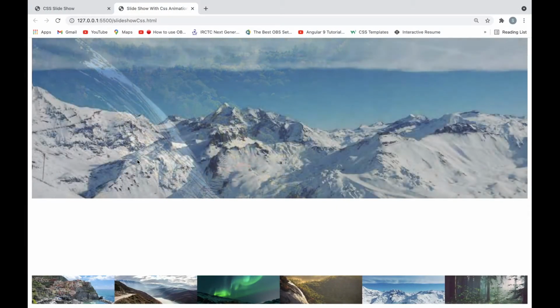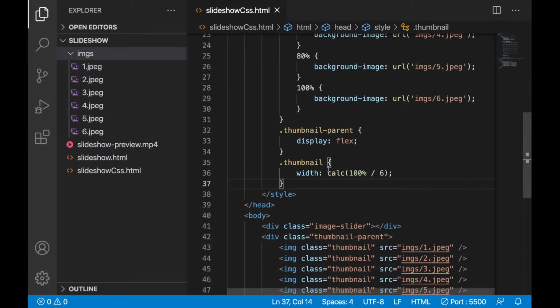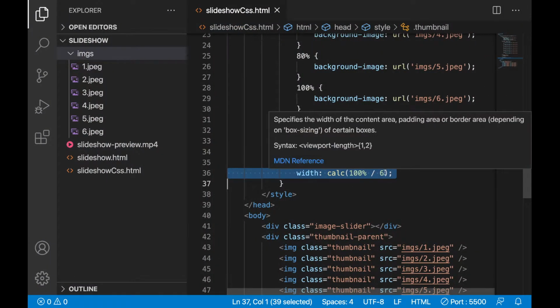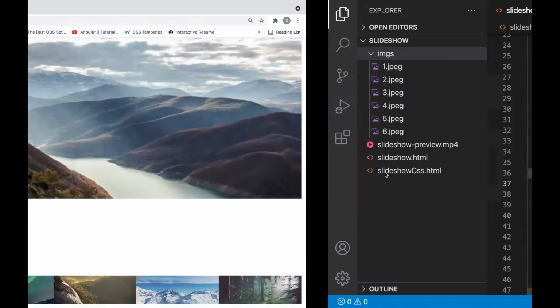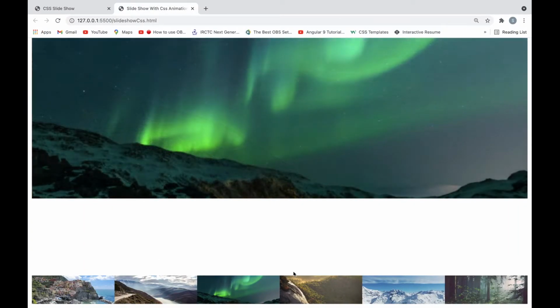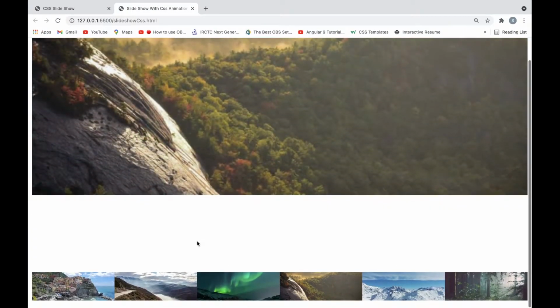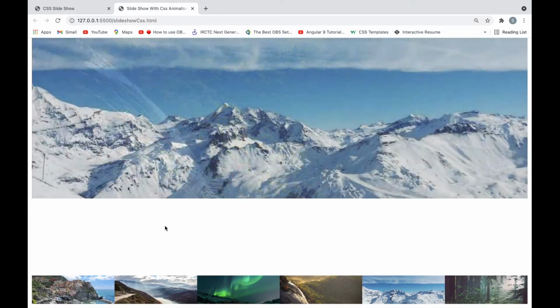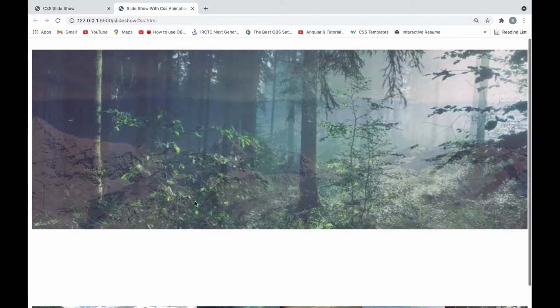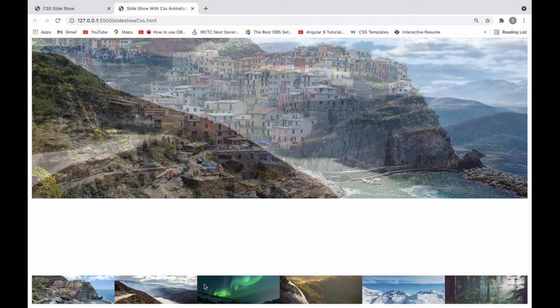It will divide into 6 equal parts and give the width here. Now see, it is coming like this.